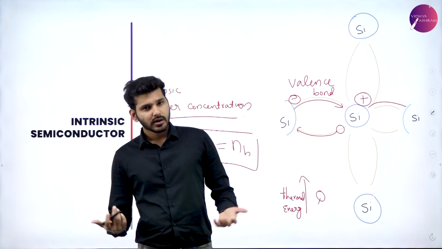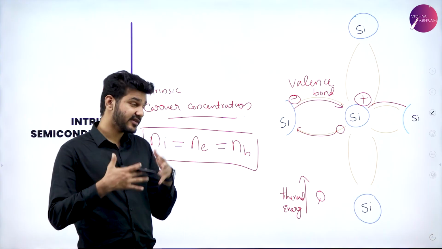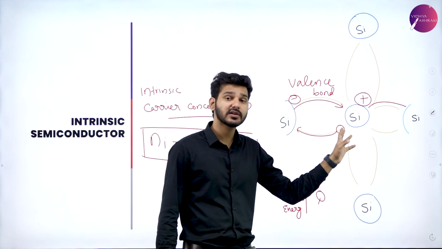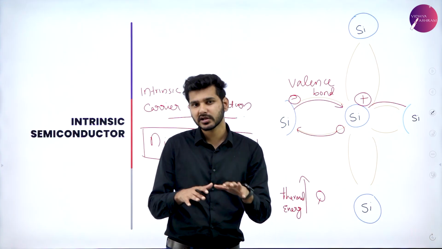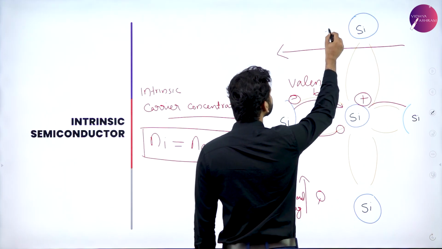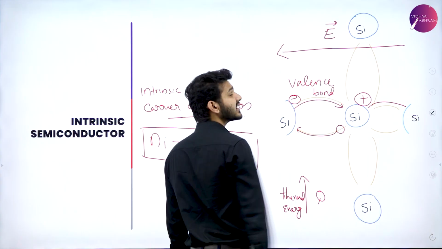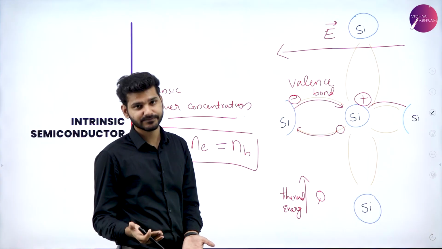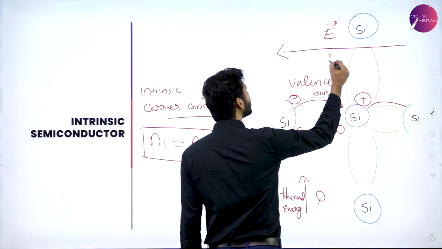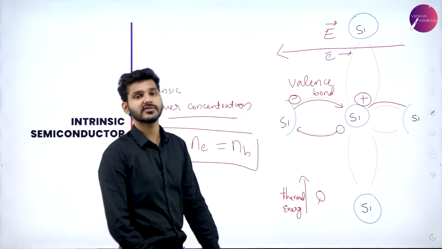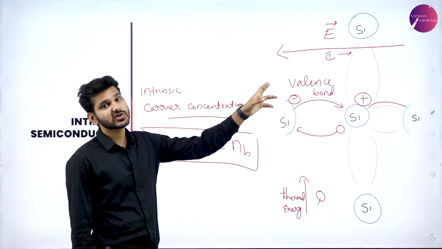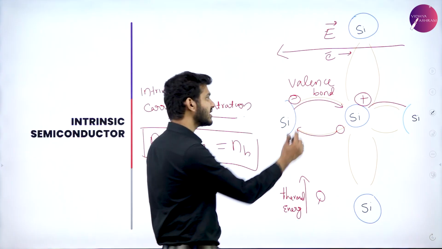Now, at equilibrium, the holes created will very soon be filled with electrons and that process will stop. But what if I provide an external electric field? If I provide an external electric field, the story changes. Now the electrons will be moving in the opposite direction of the electric field. So if I create an electric field, then the electrons are jumping in the opposite direction, which means from here to